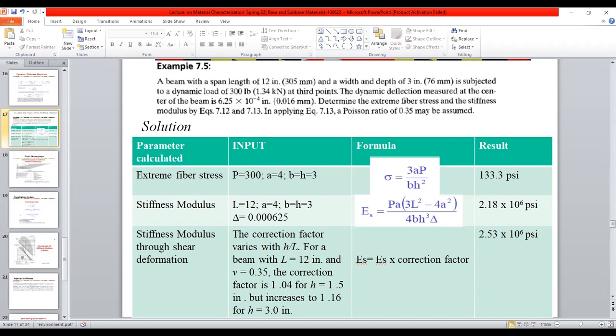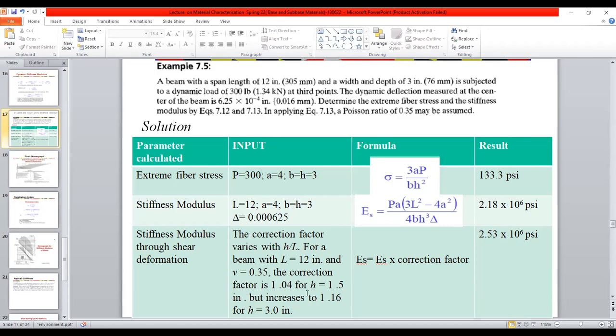For example, the parameter we need to know is the extreme fiber stress. This is the input, this is the formulation, and we got this value. Similarly, to know the stiffness modulus, we apply this formula. These are the inputs, and we get this. And if you want to know the shear modulus, it depends upon the depth to length ratio.